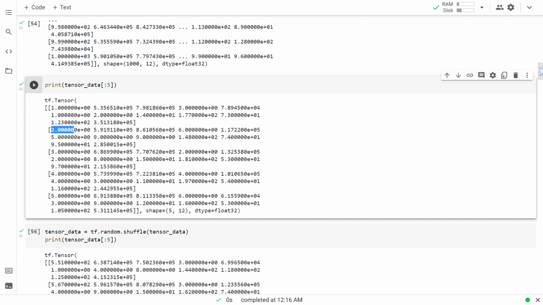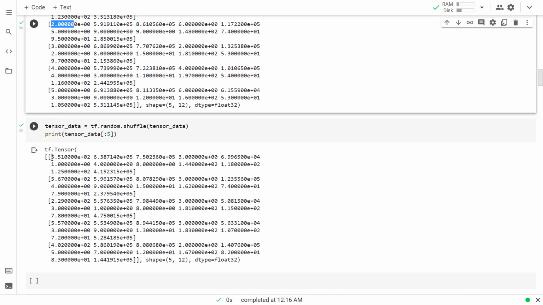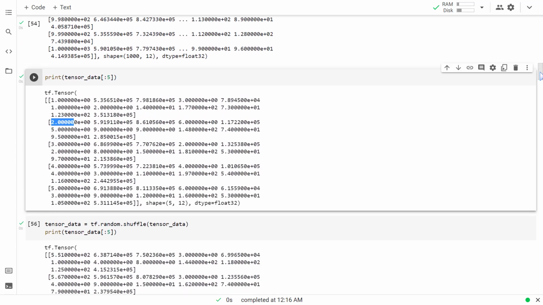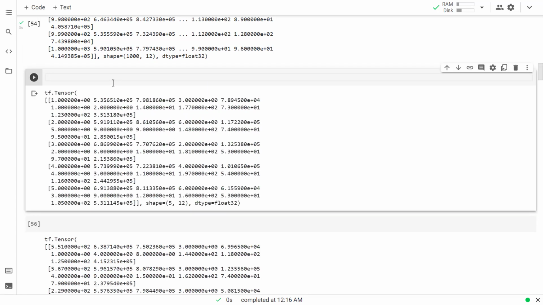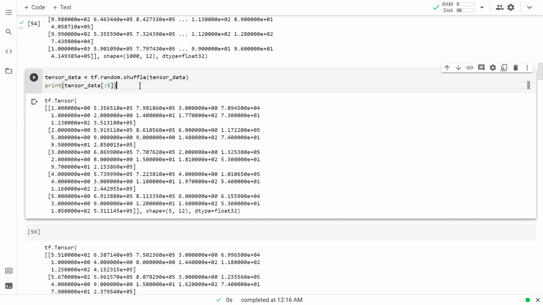Whereas here we have 551, 567, 229, 557, 402. So we've actually shuffled our data, and then we're ready to break this data up